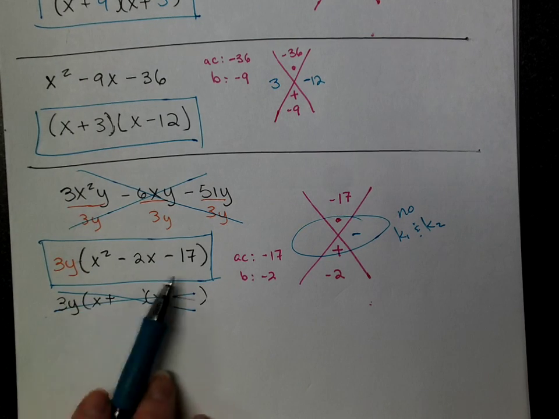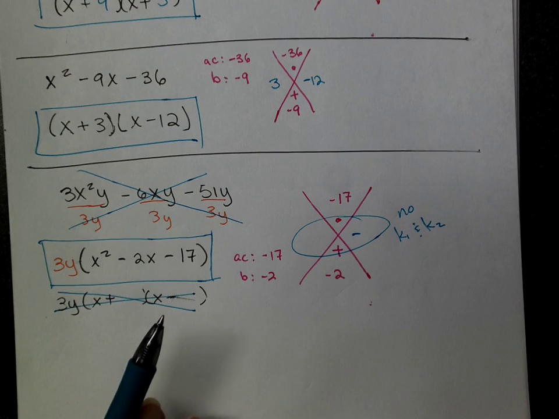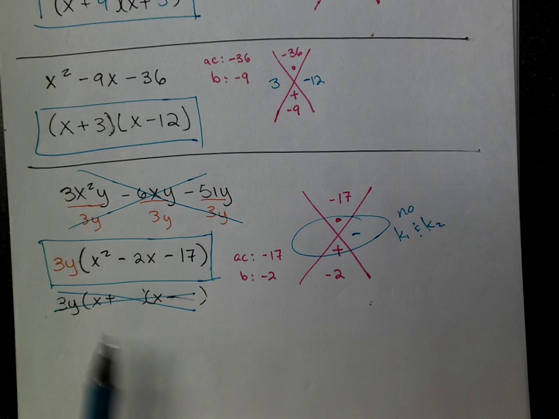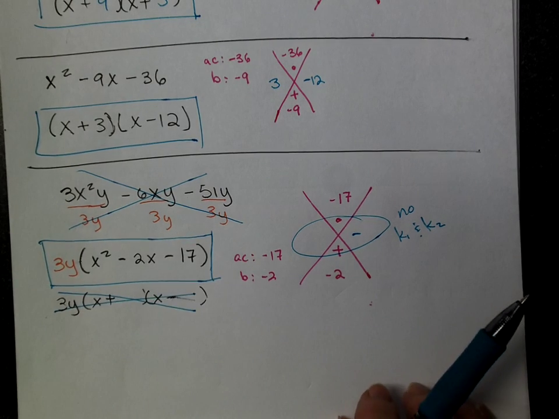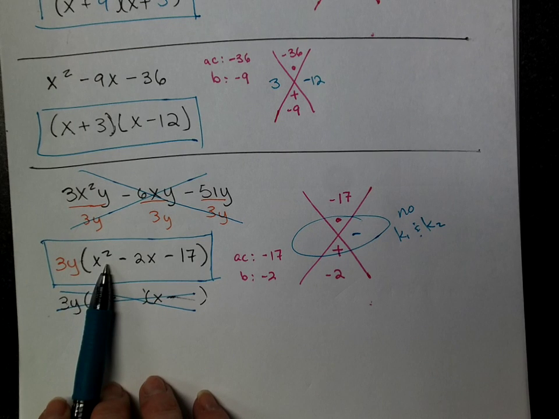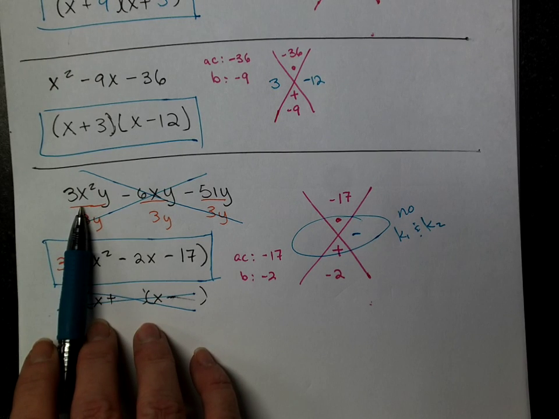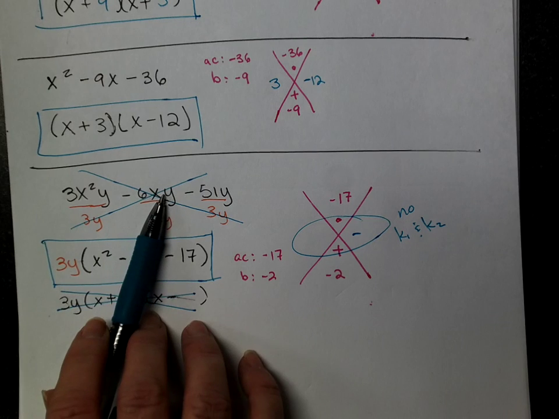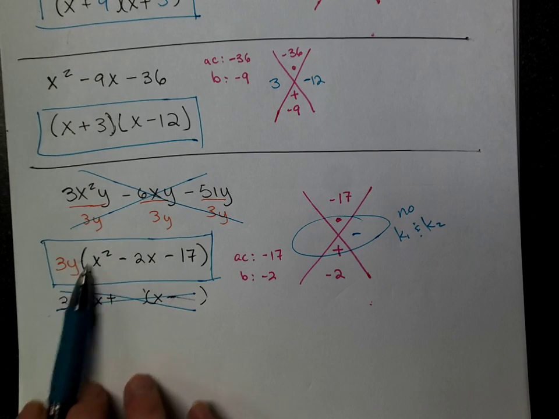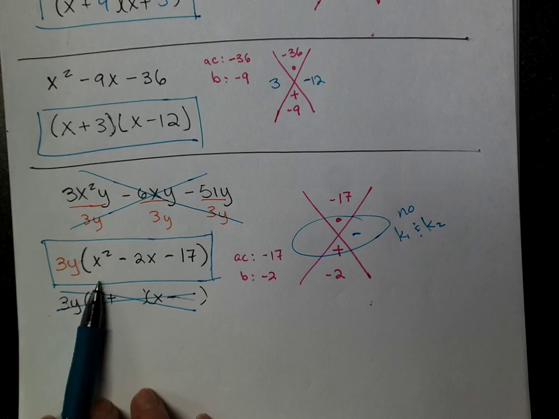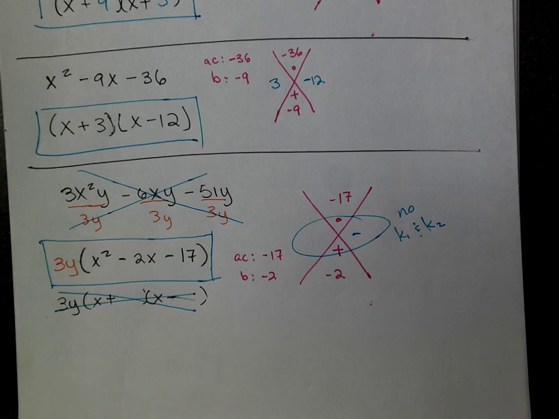But until you figure that out, you have to say, can I keep going? Can I keep going? If you cannot keep going, you're done. If you couldn't do anything at all, you just say it's prime. From the one up there, if you couldn't do anything at all, then it's prime. But we could do something, so it's not prime. But we know we're done because what's left now, what we have factored, there's nothing non-prime to keep factoring. So that tells us we're done. If you couldn't do anything at all, you just say prime. But this is something